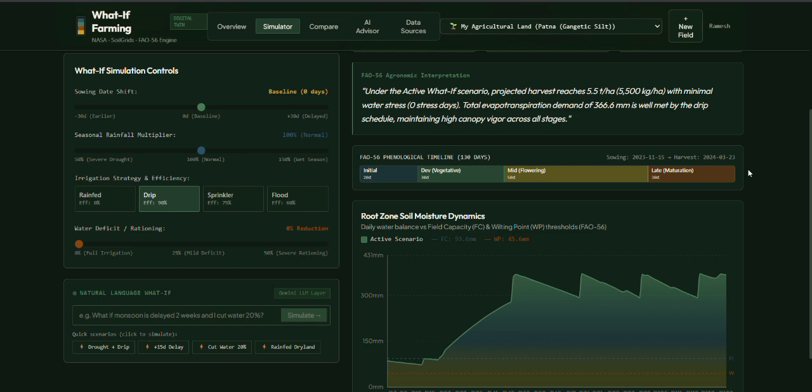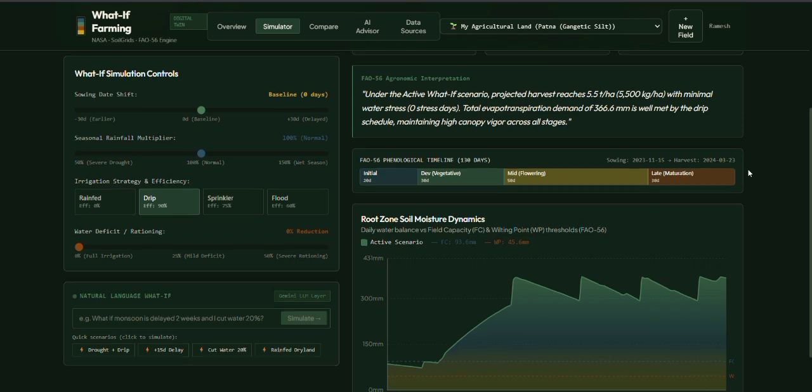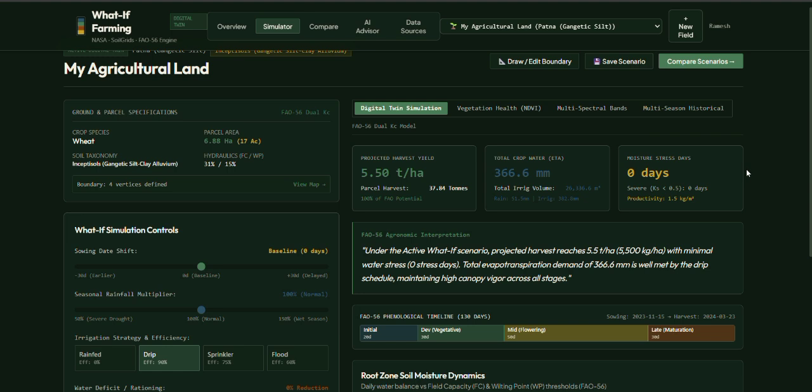Because one season means nothing in isolation, this tab benchmarks the current season against last year. Rainfall, heat stress days, growing degree days, and NDVI vigor side by side. This year's season is tracking 12 fewer heat stress days